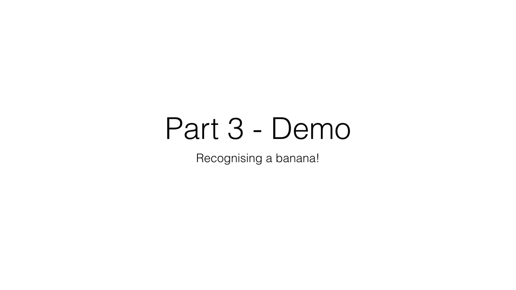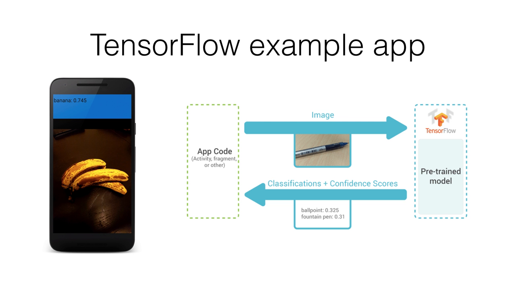This leads us very nicely into our demo. We have our model, the Inception model, which is already trained to recognize 1,000 objects, including all kinds of different fruit. We have TensorFlow, which allows us to run models on various devices, including our mobile phone. So let's tie them all together and use our phone to recognize a banana. Firstly, I want to be 100% clear, this isn't something I've developed. It's a pre-existing demo app in the TensorFlow GitHub repository.